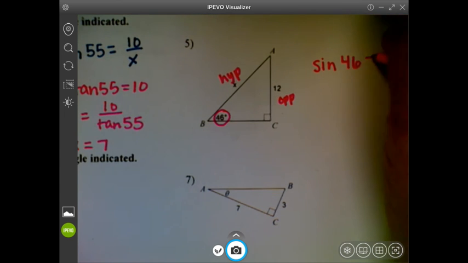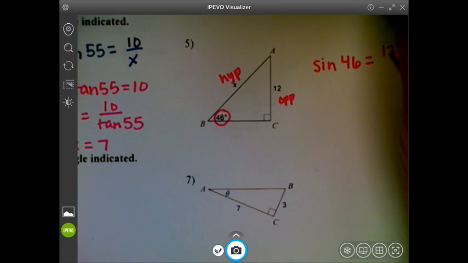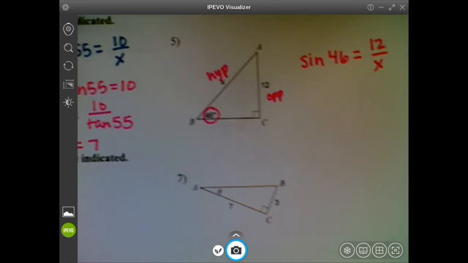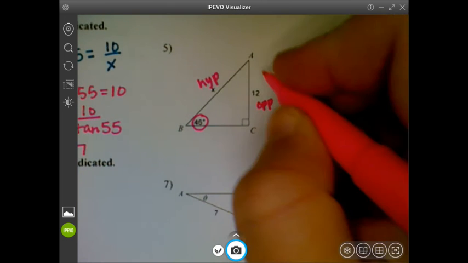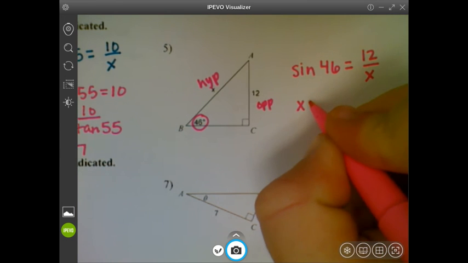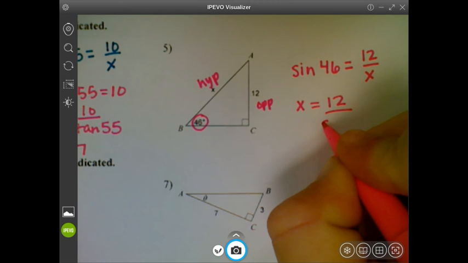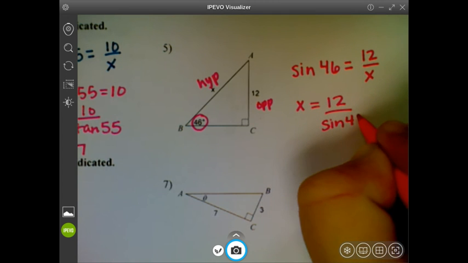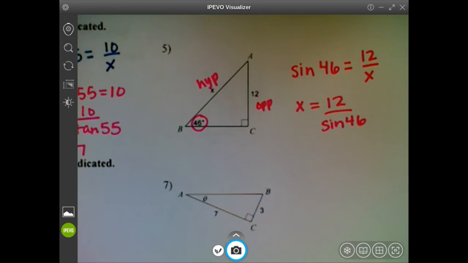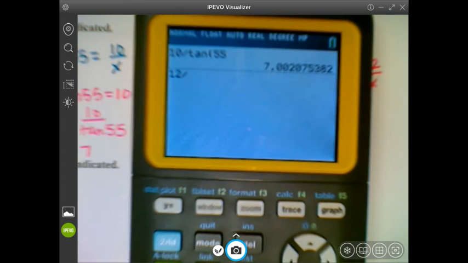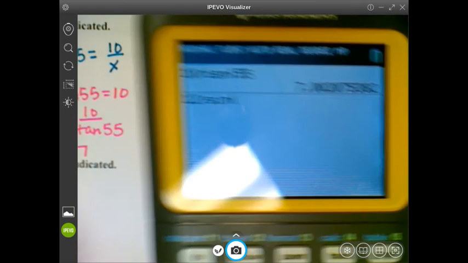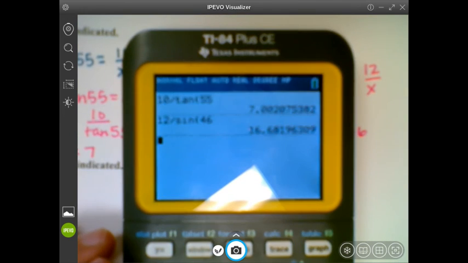So sine of 46 equals opposite over hypotenuse. It'll solve just like the other one did, where you multiply by x and divide by sine. So if you just go ahead and jump straight to this, I'm fine with that. That's nothing too crazy. And then just throw it in your calculator. So we have 12 divided by the sine of 46. And so I get